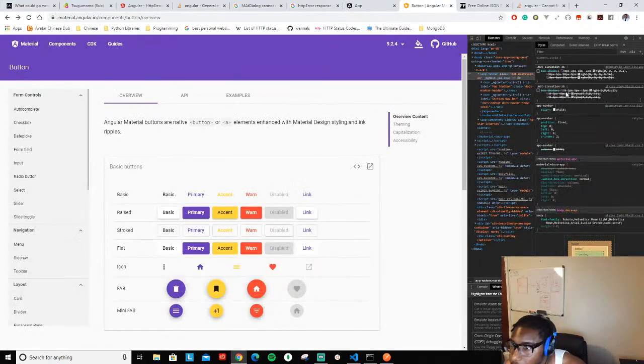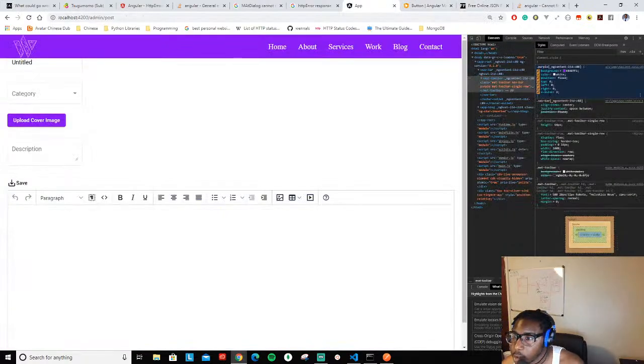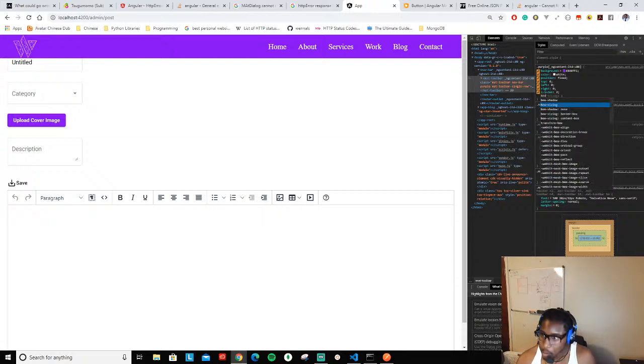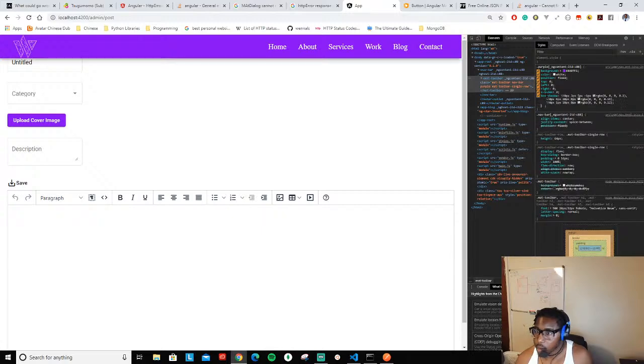So again, it's... oh, I see. It's like different layers of this thing. So let me try to place those values in there. So we do box shadow and then Control V now with those values, and I think I can see something there. The only thing I can think of doing is to up it, right? Let me just put this in like